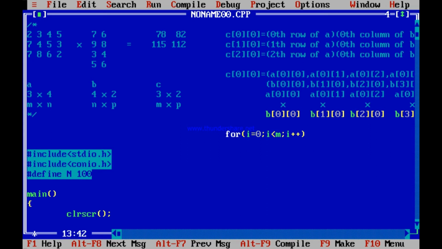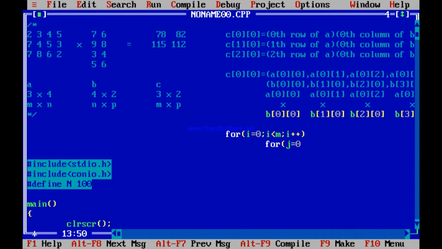Followed by for j equal to 0, j less than what? Size of C. Size of C is m cross p, is not so? M cross p. So for j equal to 0, j less than p, j plus plus.